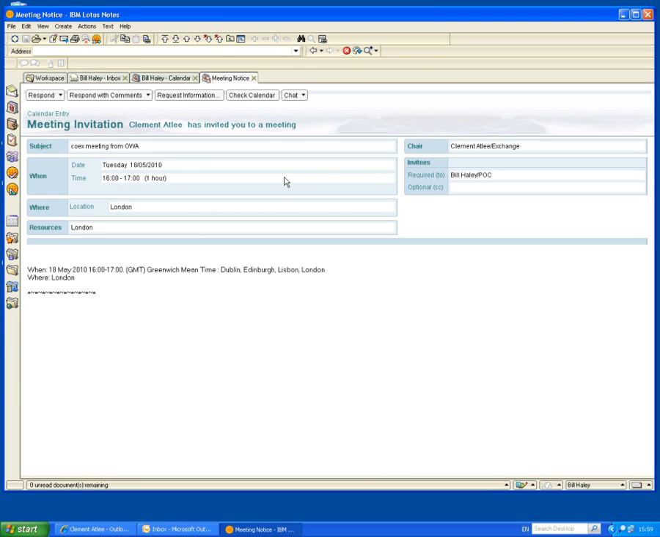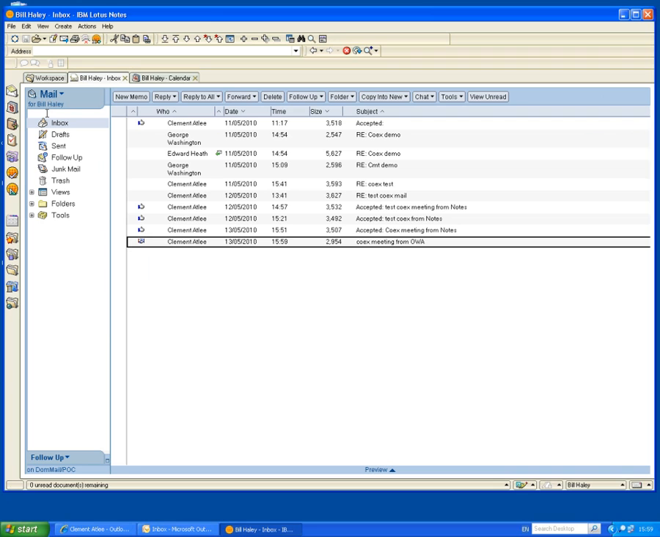And this is where we see the improvement from the Outlook side. Again, names are presented properly in the expected Notes hierarchical format for both the chair of the meeting and the intended invitee or the required invitees. So I'm just going to accept, send it straight back,